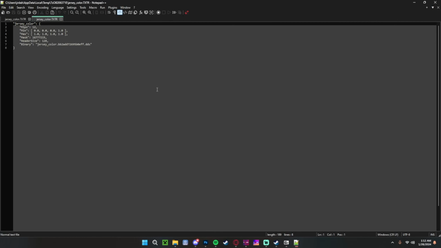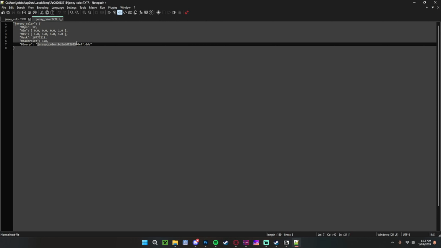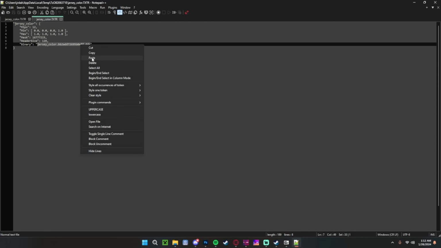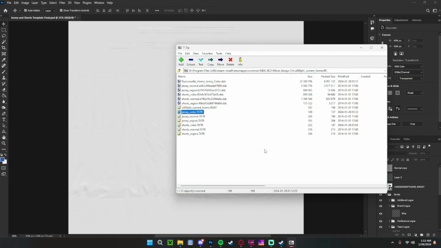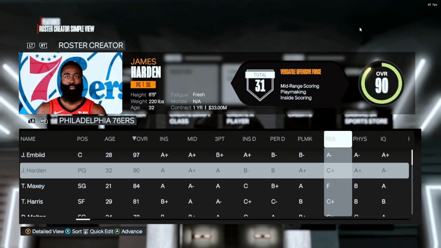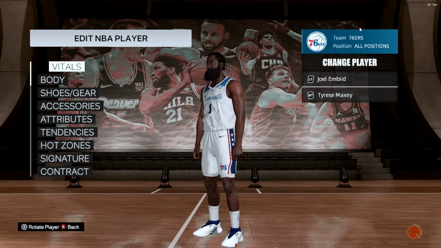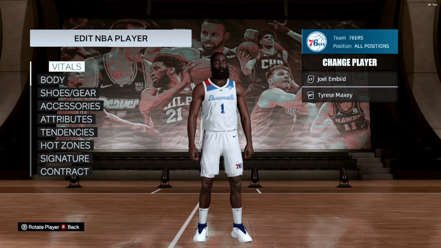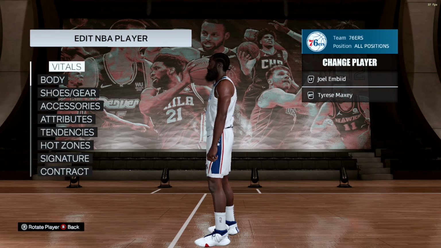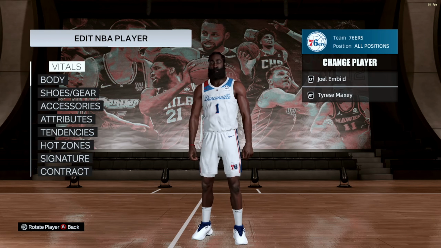open your jersey color, and then select this and paste where your binary line is. Save that. Press OK. We refresh the player, and boom. That is one part of many to do. So